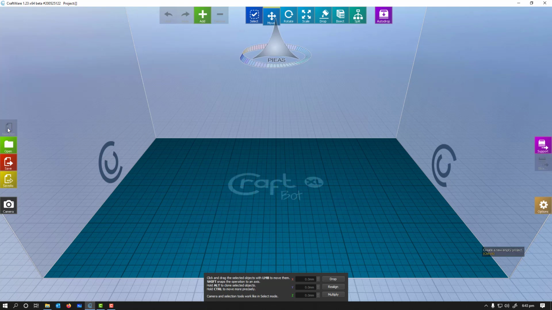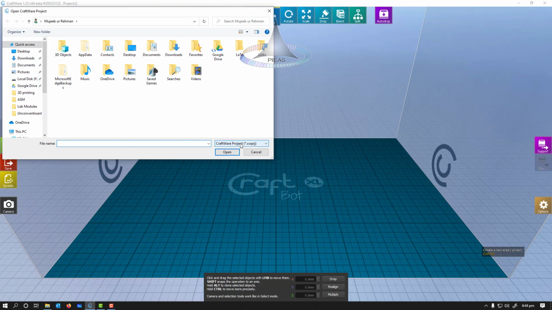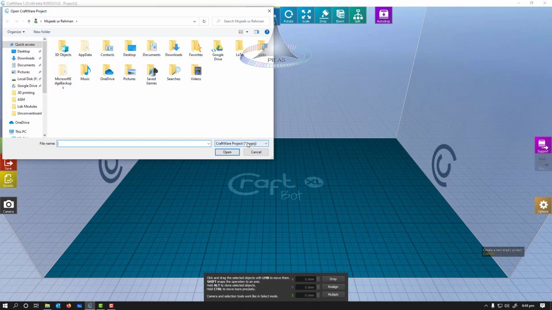Let's suppose if we click the new project, you can start with a new project which is already open. Second thing is open. Here you can see the file name as craft project. The project saved in Craftware has its own file type.